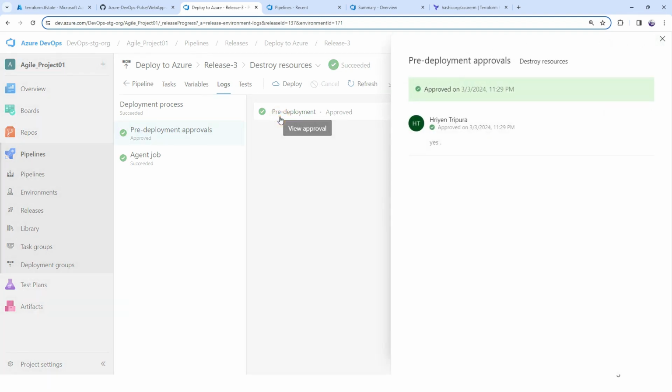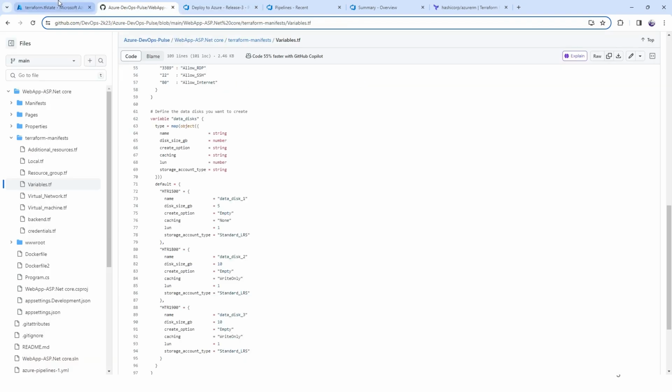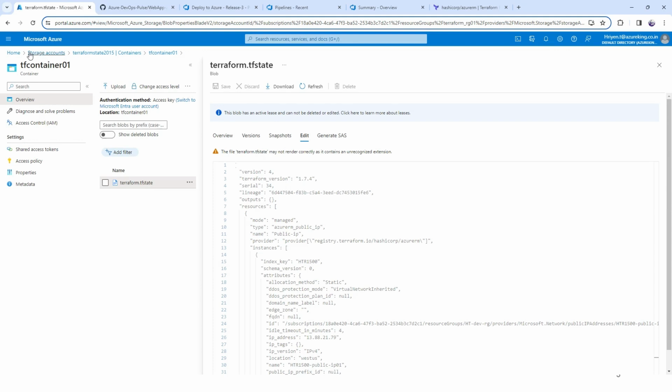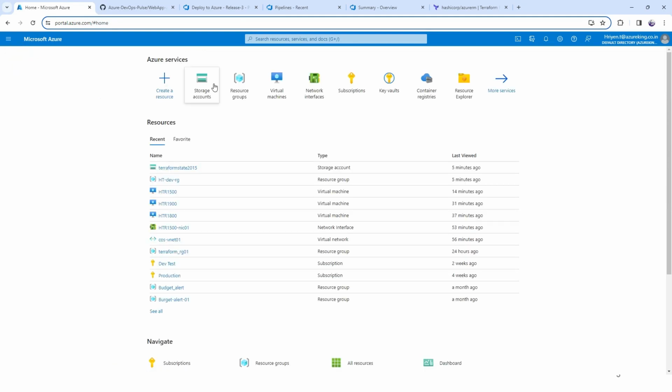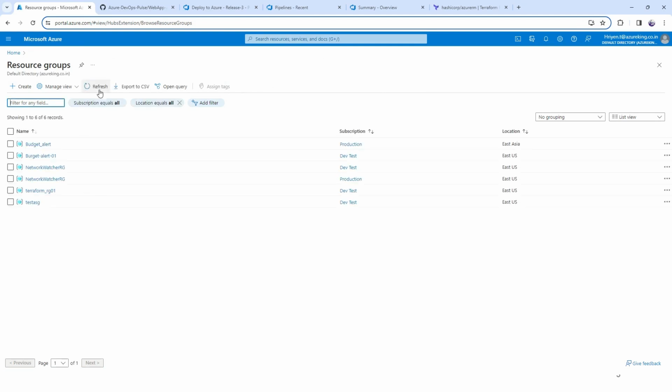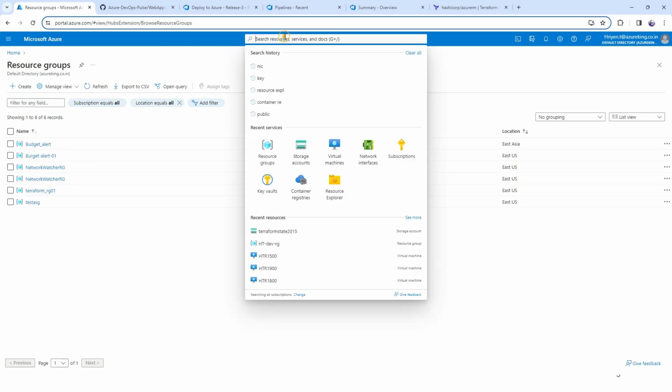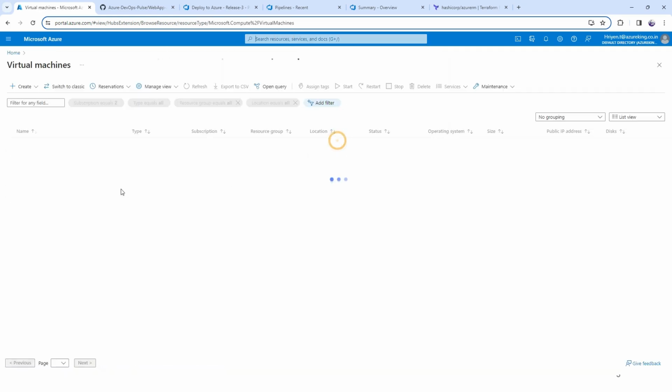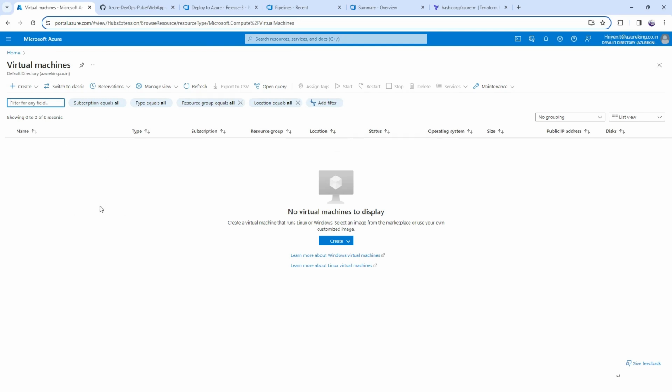Okay, it is done. So you can go and verify in your cloud. So I go here, click on resource group. Right now, I don't see any resource group, right? It is destroyed. Even if you go to your VM, everything has got deleted. Okay. So this is the beauty of